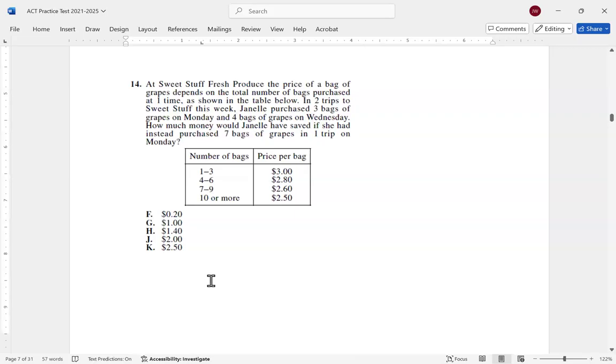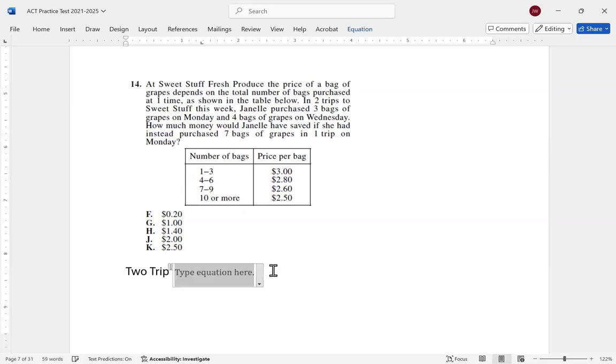Question 14. At Sweet Stuff Fresh Produce, the price of a bag of grapes depends on the total number of bags purchased at one time, as shown in the table below. In 2 trips to Sweet Stuff this week, Janelle purchased 3 bags of grapes on Monday and 4 bags of grapes on Wednesday. How much money would Janelle have saved if she had instead purchased 7 bags of grapes in 1 trip on Monday? So let's take the 2-trip amount first